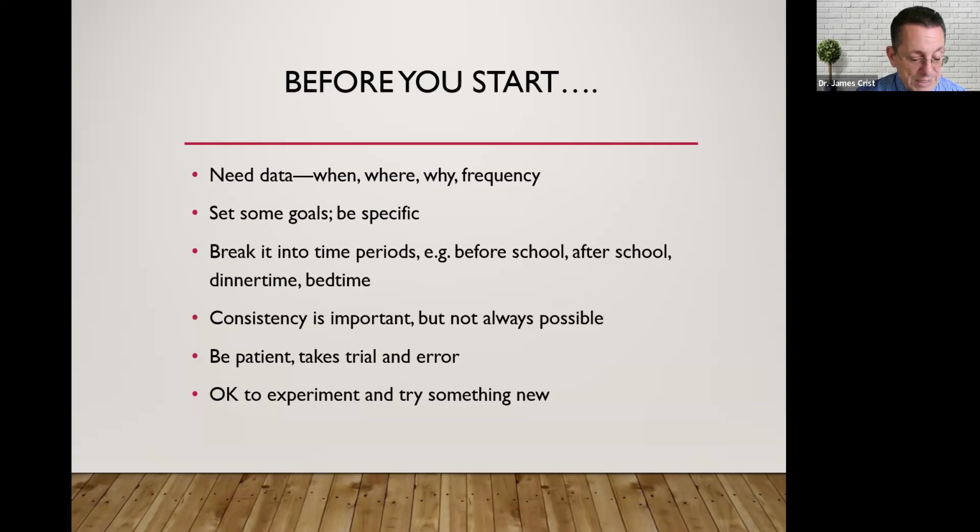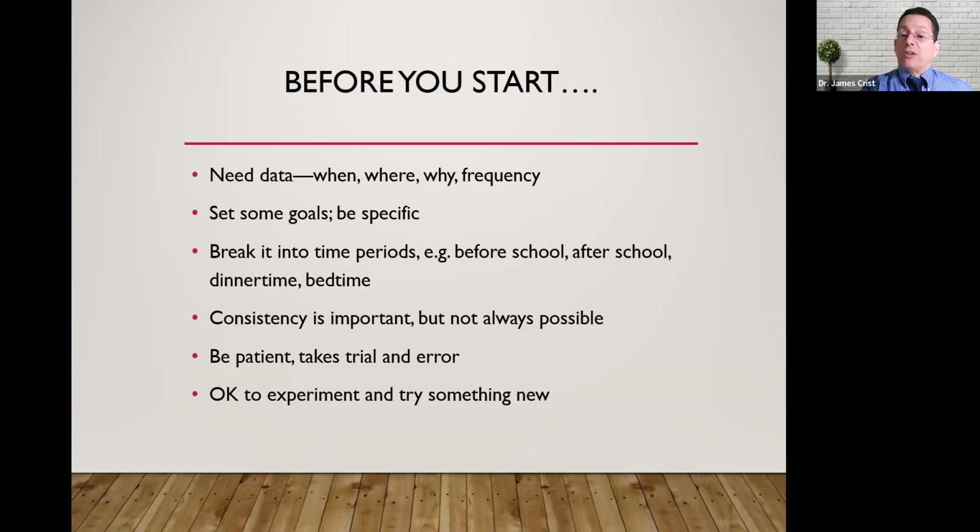Setting some goals and being specific. Good goals are ones that are clearly defined and easily understood by you and your child, okay? So it also helps figure out how close you are towards making that goal. It's like, cleaning up after yourself is kind of broad. Bringing your dirty dish to the sink after you're finished dinner, that's a very concrete goal. It's specific and easily measured. So that would be a better way of setting some goals. It could be grades, be specific. It could be all C's or better so that we avoid the failing grades. That could be an example of that.